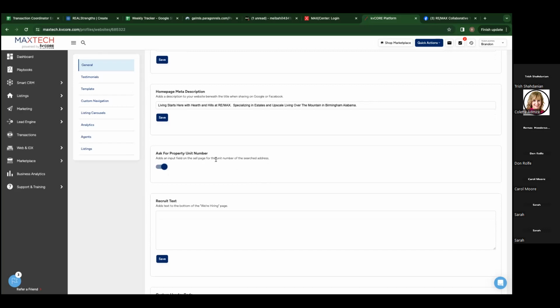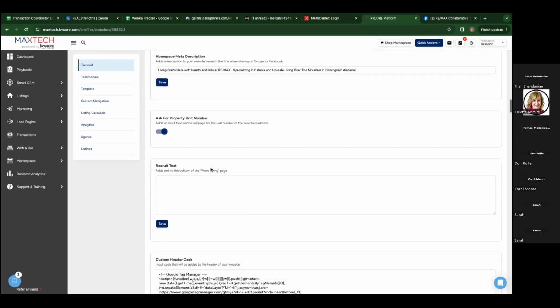I want there to be a place for them to put a unit number in case it's a condo, or in case it's a farm or big estate that has the same address but then it's A, B, and C. So I want that unit number to be there. If that's not done in your area, then don't worry about it. But we're so close to campus here and there are condos downtown, and I'm like, hey, I'll sell a condo. So I have that